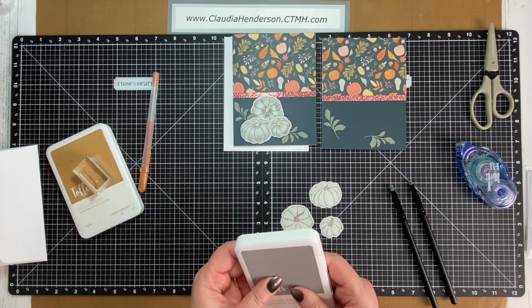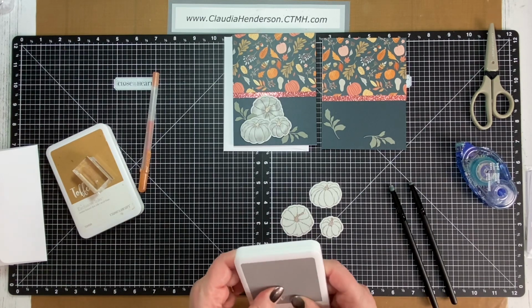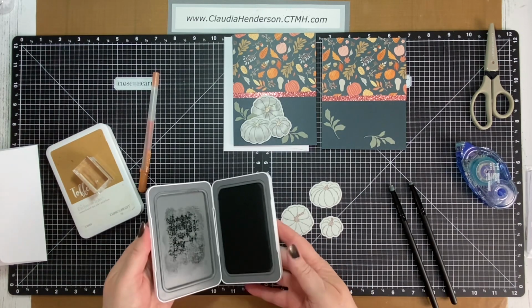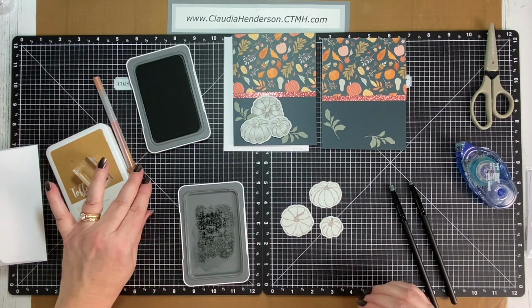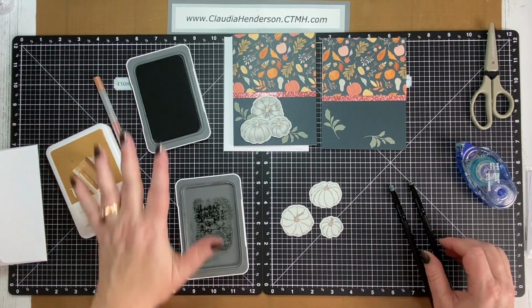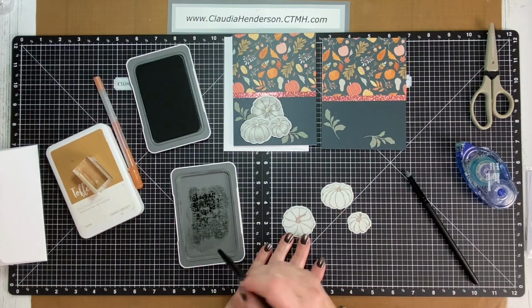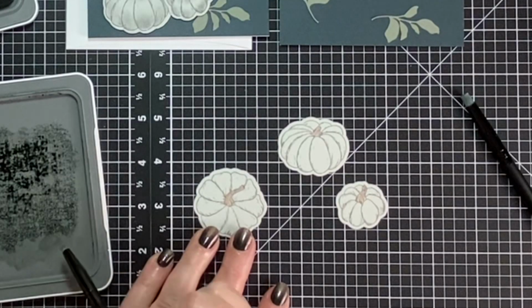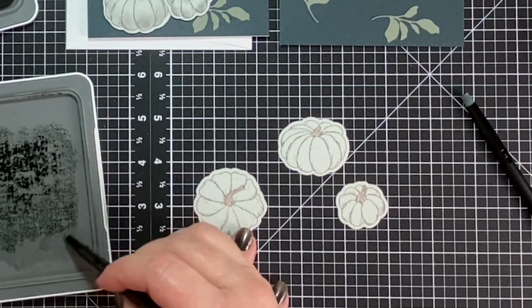And the pewter is a gray. If you don't have it, you can use charcoal. Just be careful not to put too much on your brush. So I squeezed my lid a little bit. And if you're doing this at home, you can use your all-purpose mat and put some of the ink on there. Or you can use an old block and squish some ink on there. That way you can close the lid and don't have to worry about the ink pad drying out too fast. So I pick up a little bit of color, and I'm turning this brush in my hand back and forth,